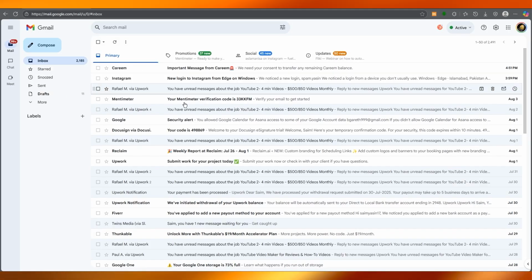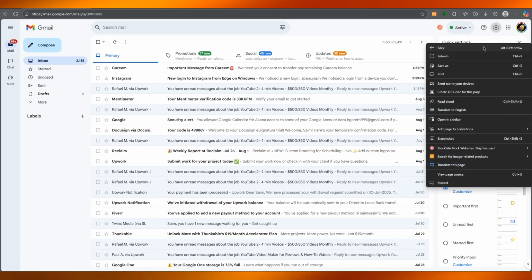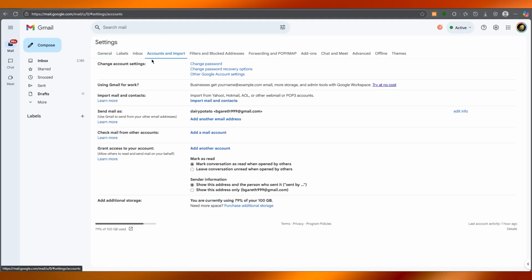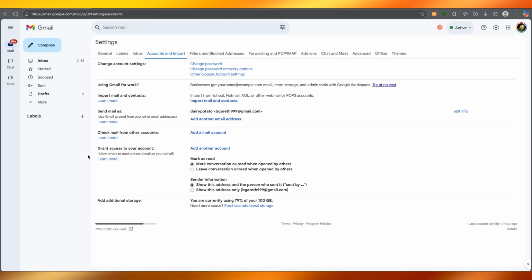over to your Gmail account right over here, and you're going to move right over to the top right section where it says settings, go to see all settings, and from here on out, go to accounts and import. And once you're into accounts and import from here on out, what you're going to want to do is you're